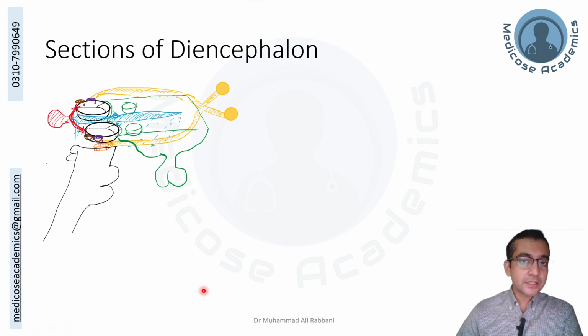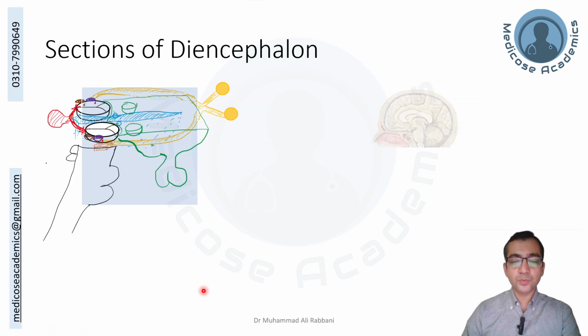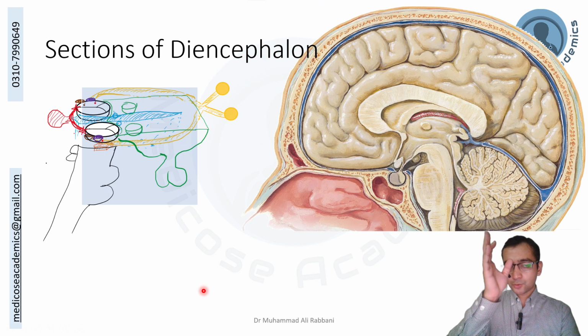Now let us talk about the sections that you will see in cross sections: sagittal, horizontal, and coronal. These are the views that you are going to see in radiology, the MRIs and CT scans. So let us first start with sagittal section. For making a sagittal section, you will pass a plane between the two thalami from the midline, running anteroposteriorly,